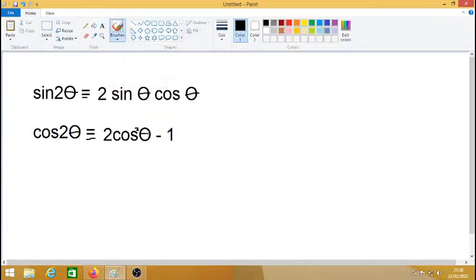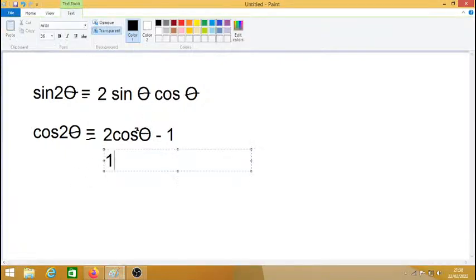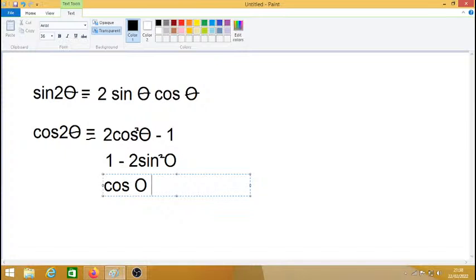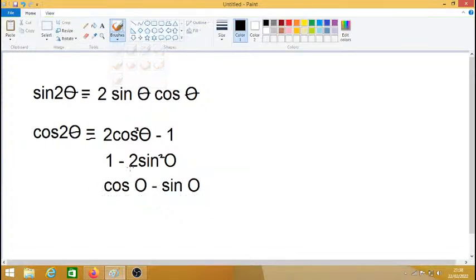Another version is that cos 2 theta is equal to 1 minus 2 sine squared theta. And then the third version is that cos 2 theta is equal to cos squared theta minus sine squared theta. So the more you use them, the more you'll remember them, but sometimes you just have to sit